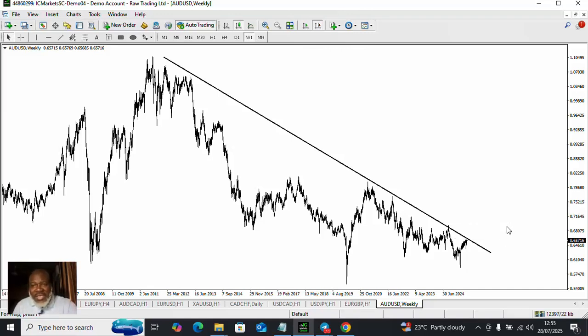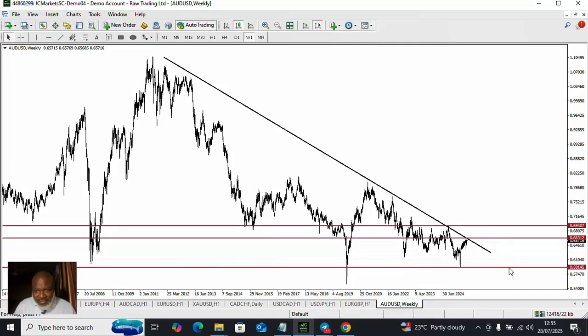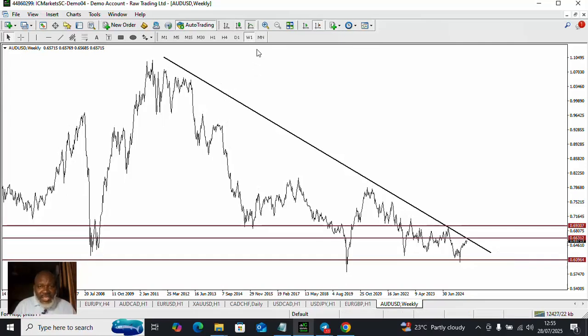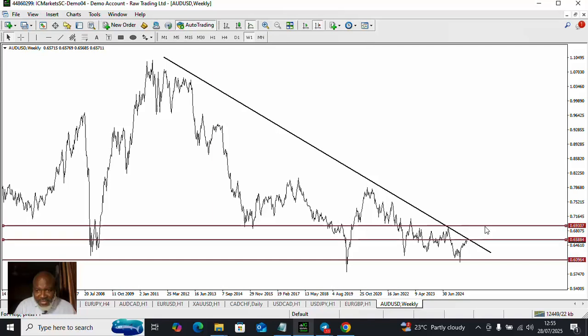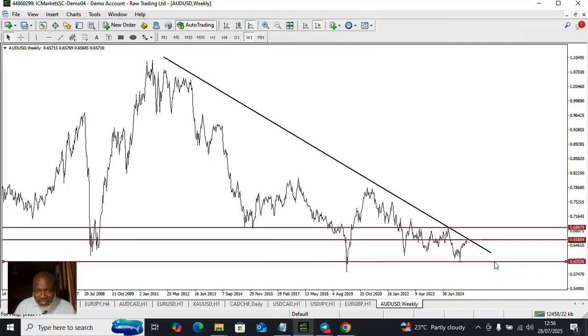So what I will do is this. Let me rather use the horizontal line tool to mark up this level. And this level, guys. And maybe, of course, this level. Let's switch to the line chart. Let's fine tune this. All right. Let's fine tune this. All right. So these are the key levels from the